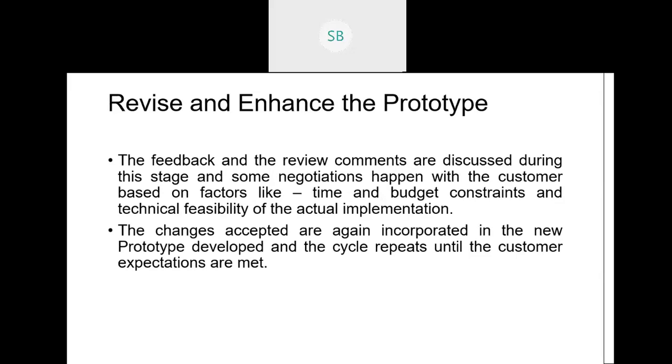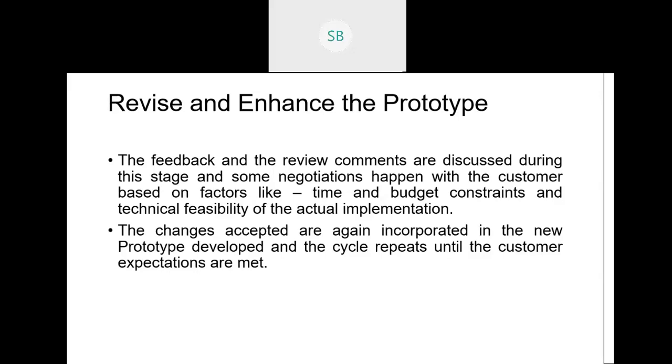Either this prototype will be enhanced, with new features added to it, or, if they are satisfied, they can try to convert the model into the original software. Then, because everything involves cost, when will the original software be developed exactly? Because a prototype is just an initial stage. Creating the original software will involve some cost and some time, so they need to think about whether it will be feasible or not.